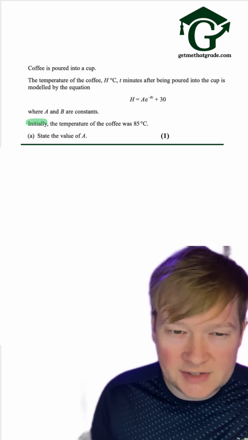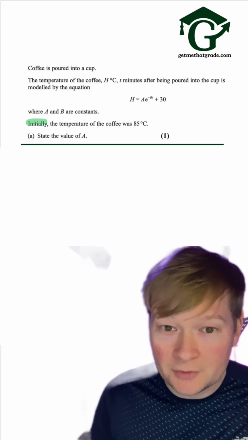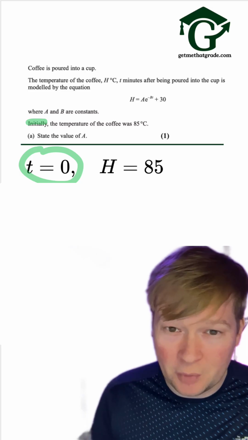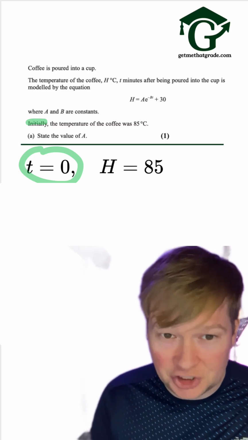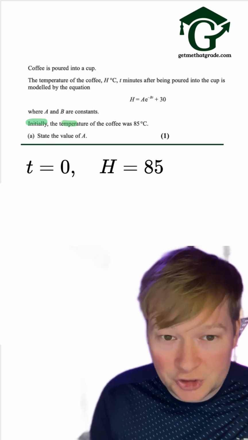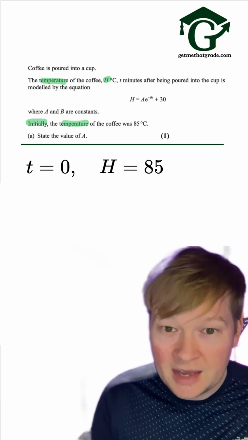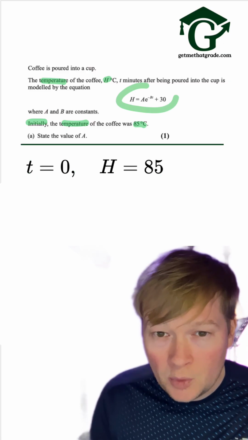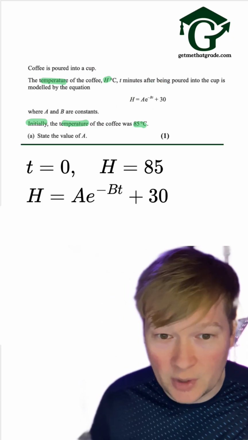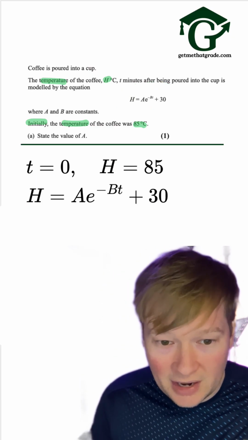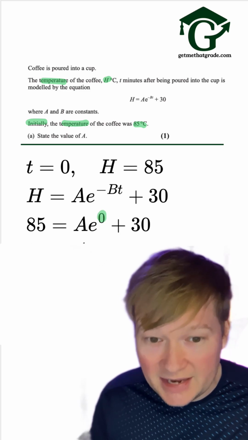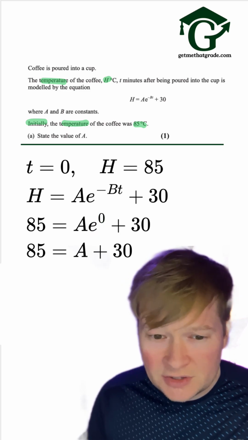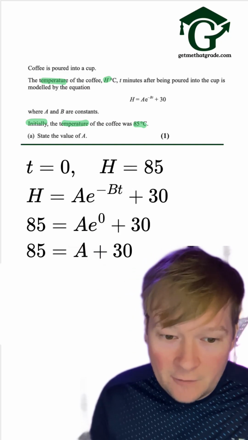Well, you should know this word initially is telling us about what happens 0 minutes after the coffee has been poured in. It's saying initially, T equals 0, the temperature, that's H, was 85. So when T equals 0, H equals 85. We can substitute both of those things into the equation that we're given, and we'll end up with 85 equals A e to the power of 0 plus 30. Well, e to the power of 0 is just 1, so this is A plus 30, and therefore A equals